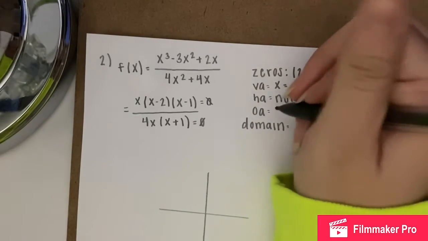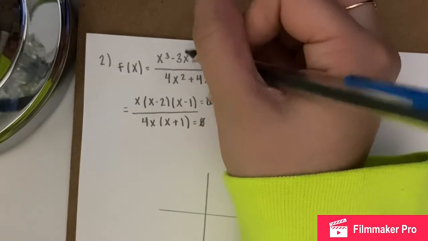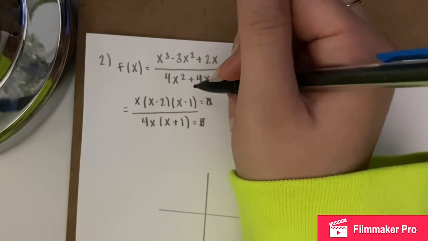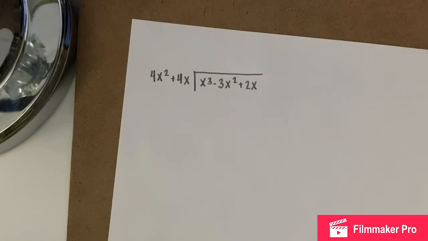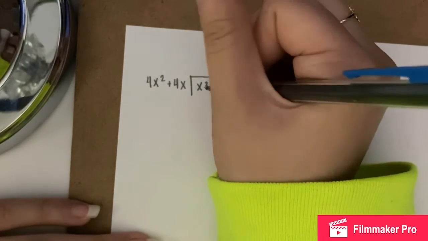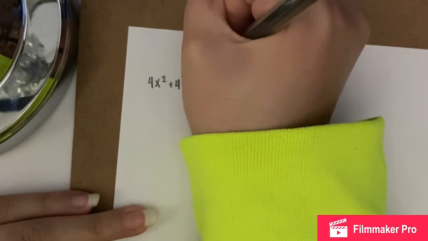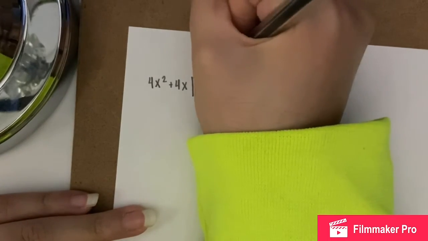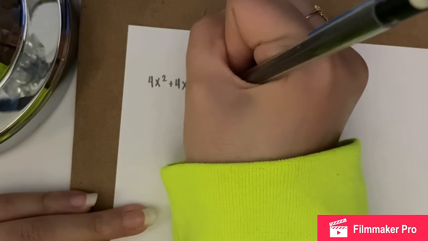And for our oblique asymptote, because the numerator has a higher degree than the denominator, there will be one. So I've just put it on the side here. To find it, we need to do our long division. So 4x squared goes into x to the third 1/4 x times. So we're just going to do x to the third